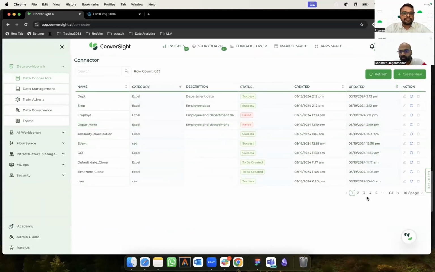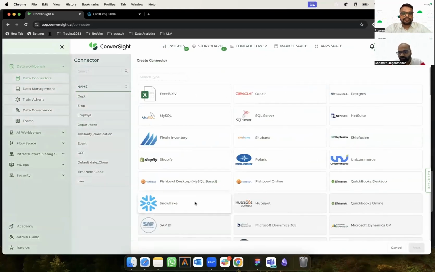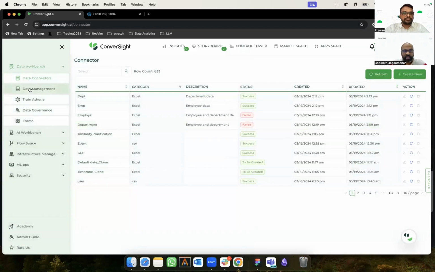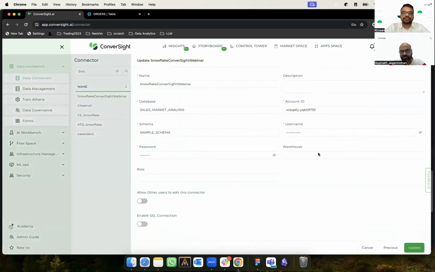We have a good number of connectors within our platform. Today I'm focusing on Snowflake. We can connect to all of these, and even if there is no connector, we have a low-code version of the connectors which can be used within our data pipeline using Notebook and the clusters we have. As of today, we are just going with the Snowflake connector, which I've already configured. It is configured to connect to the particular data warehouse which is running in Snowflake.